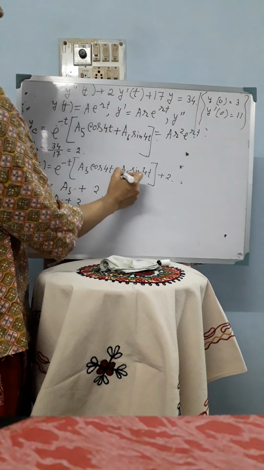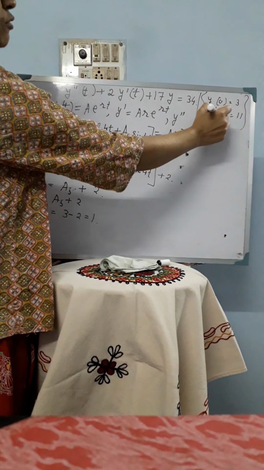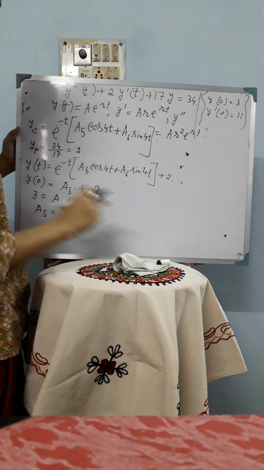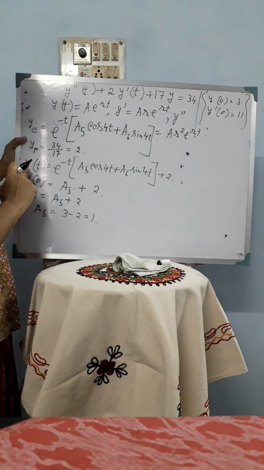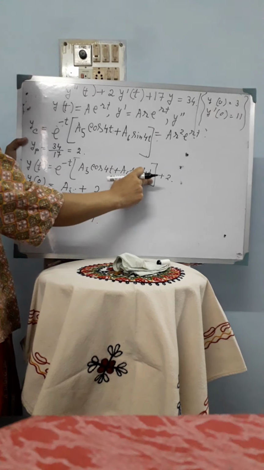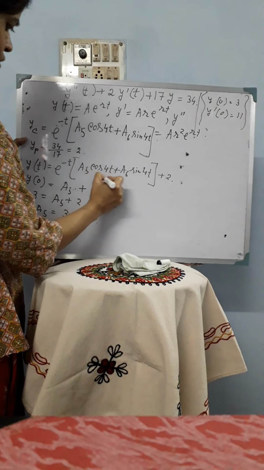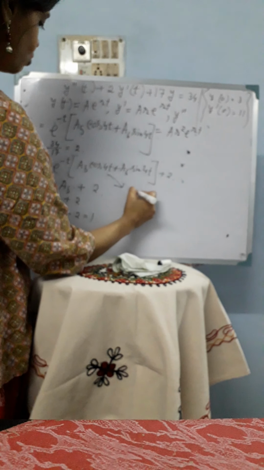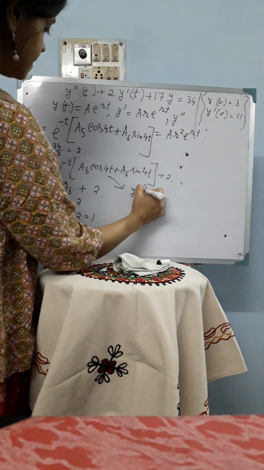Now we have to get the value of a6. For that we have to use the second initial condition, that is y dash 0 is equal to 11. To use that, we have to take the first differentiation of this solution with respect to t. By taking the first differentiation, we are getting y dash t is